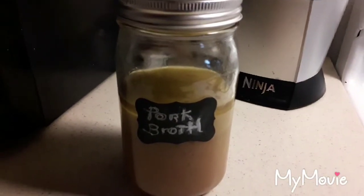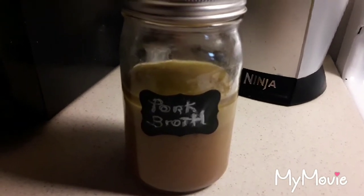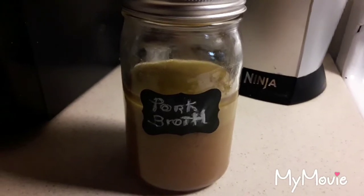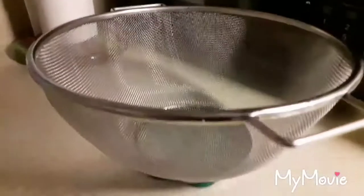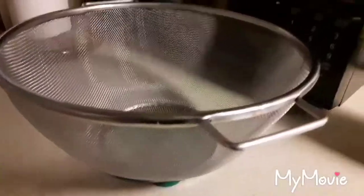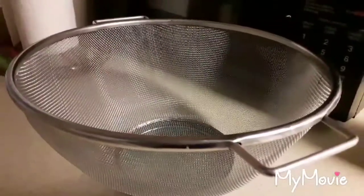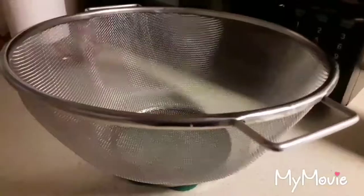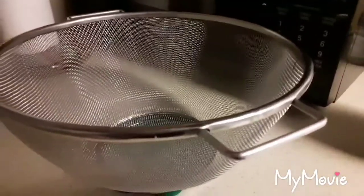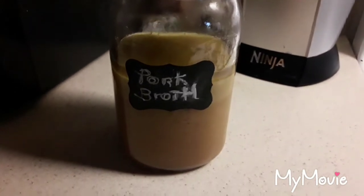Okay, so what I did with the food was I took out the pork bones, separated them all out, and then the rest of the stuff went through this colander into another container underneath it, and that left me with vegetables like the onions and broccoli florets, as well as some cauliflower that I threw in that was already chopped up. So I had that all together, separated from the broth, and that's why the broth is, if you want to call it broth, it's still settling, and some pieces probably got through the holes in here because I didn't do it through cheesecloth, which